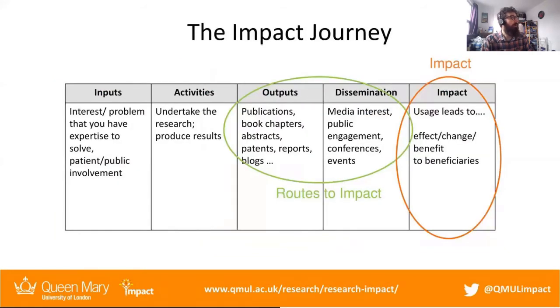So, the impact journey. You've got to start somewhere, of course, when it comes to impact, and you've got to have a rough end goal. Generally speaking, you want to know where you want to end up. But the key to impact is: what are the steps to getting there? So you have to think about your impact journey and the impact activities that you will enact along the way over that time to try and ensure the impact will come about.